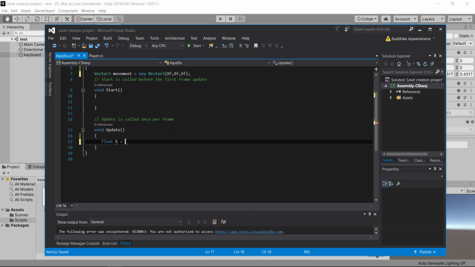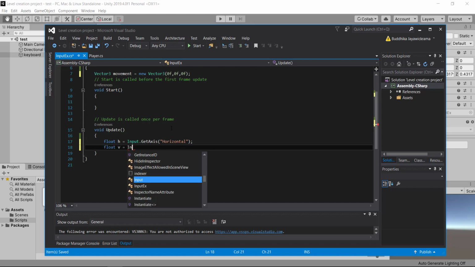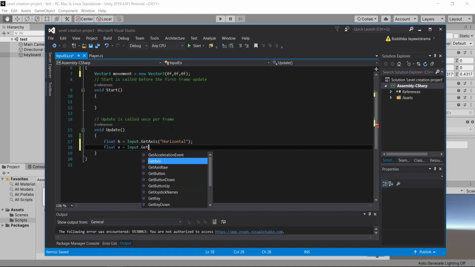For this local variable h, I will be using Input.GetAxis and pass the string "Horizontal" to read the horizontal axis input and assign it to the h variable. And for the local variable v, I am going to pass "Vertical" in my GetAxis method.